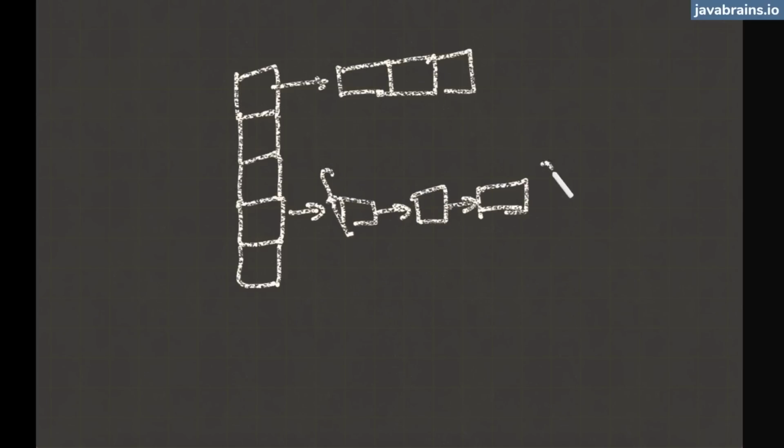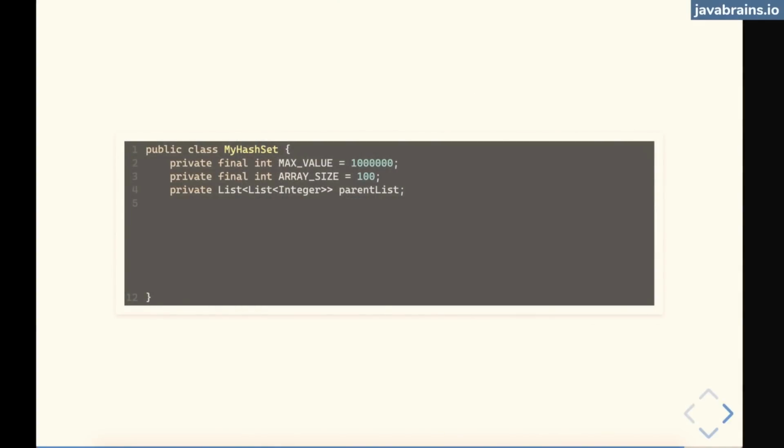Okay, this is going to be the linked list, and this is going to be the parent list. Okay, that's what this is. This is the parent list, and each element here is going to be a linked list. I've just marked it a list of integer, but the implementation that I'm going to choose is going to be a linked list. Okay, so in my constructor, which is where I initialize the data structure, I'm going to create